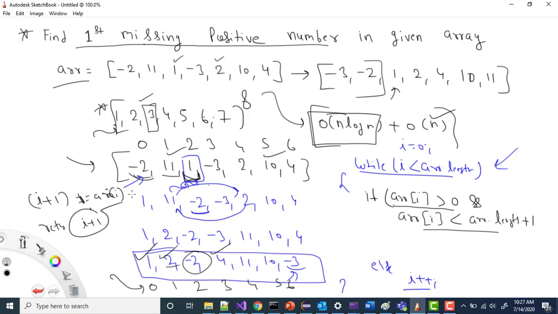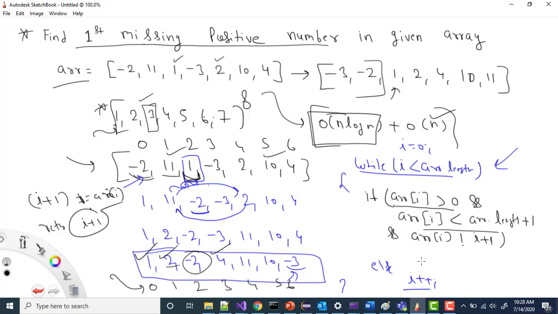Right? So what I'm doing, first of all, I'm doing the arrangement. And after the arrangement, I'm just iterating this loop once to check which value is not a valid case. So if you see, this is what we did: if array of I is greater than 0, and we checked one condition, that array of I is not equal to I plus 1.